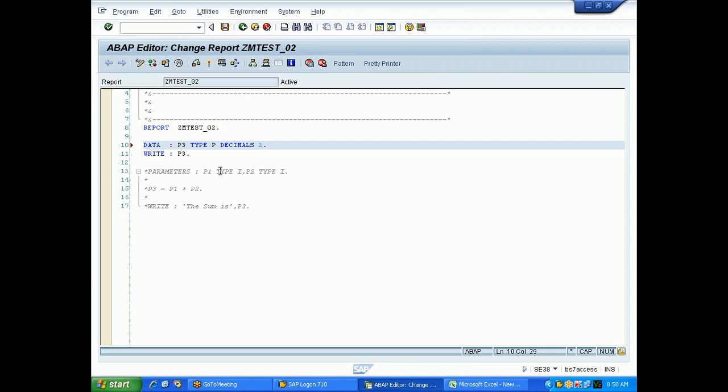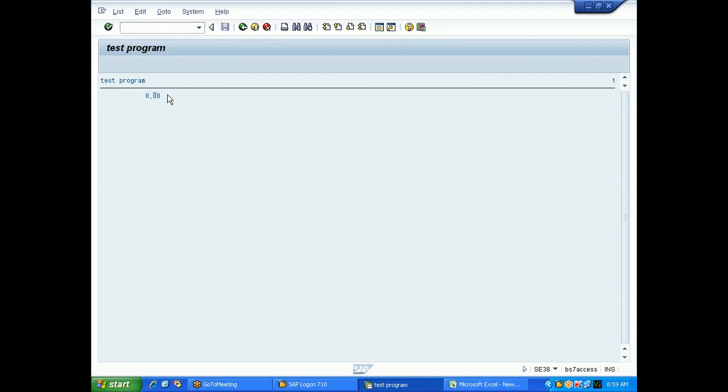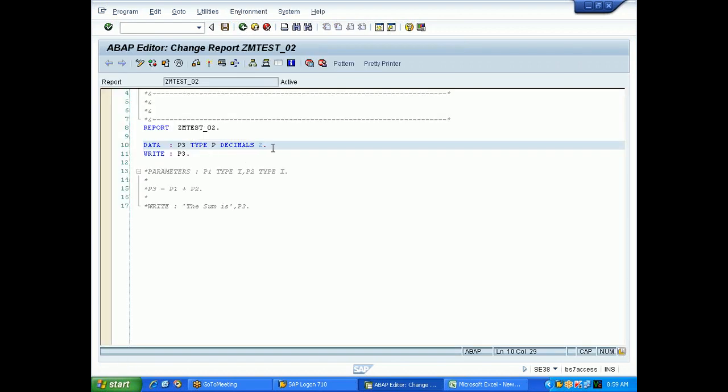If I give it like this, 2 decimal points will come. So save it, check it, activate, and execute. So 2 decimal points are coming. This is the normal value, the integer or whatever you give, and these are the decimal values. So this is how you can declare a packed decimal. With packed decimal, you can control the number of decimals, whether it be 2 or 3 or 4, however many decimal places you want.